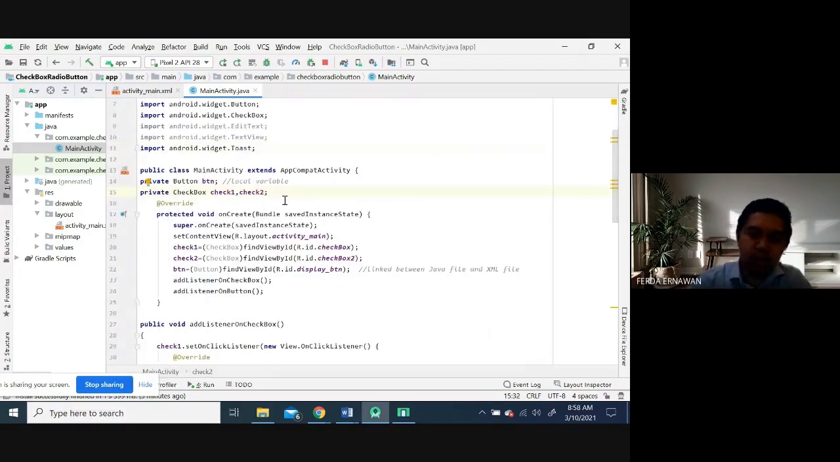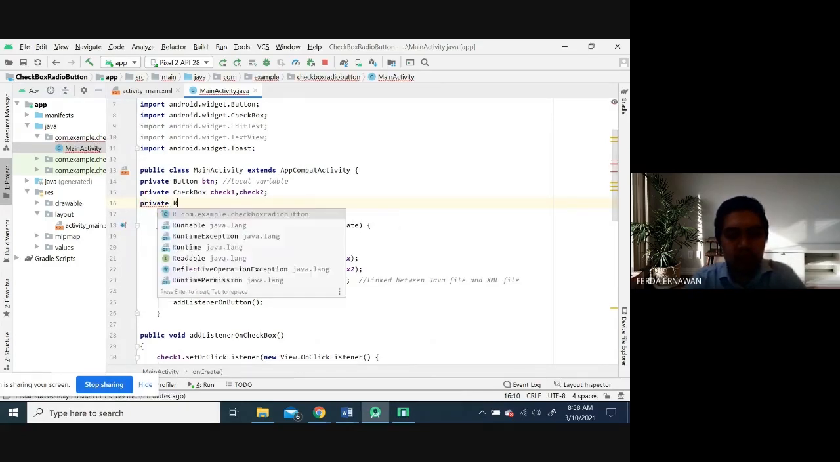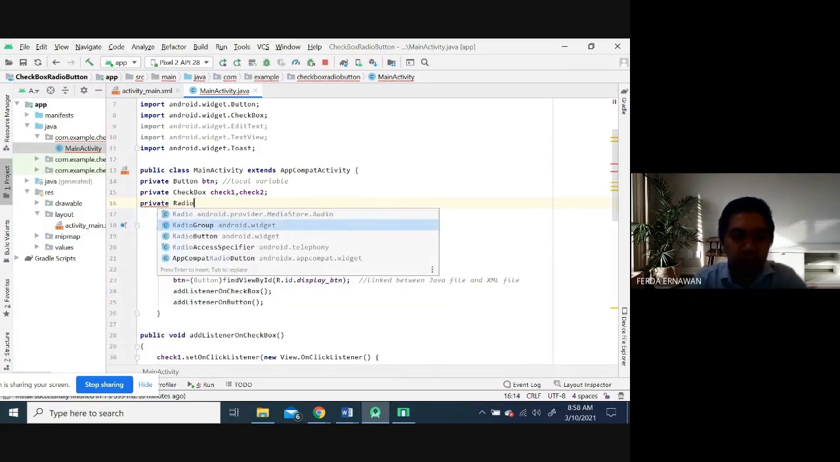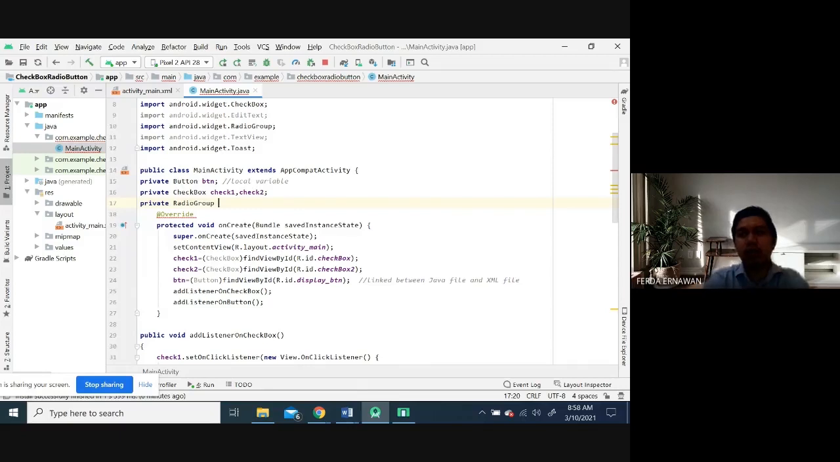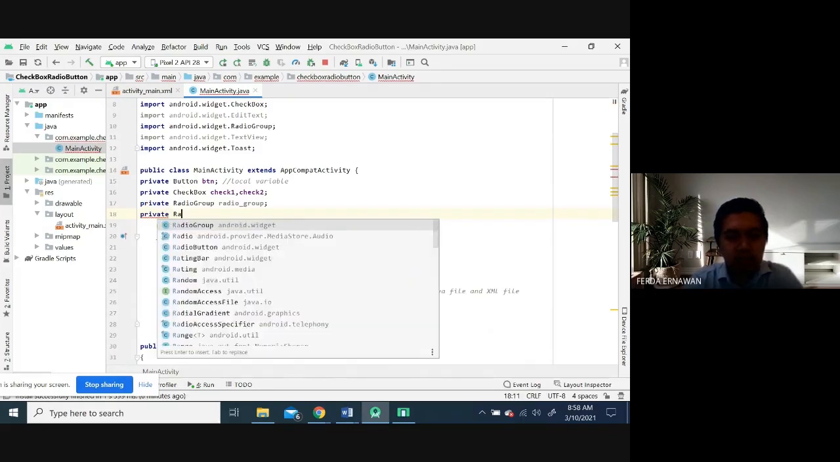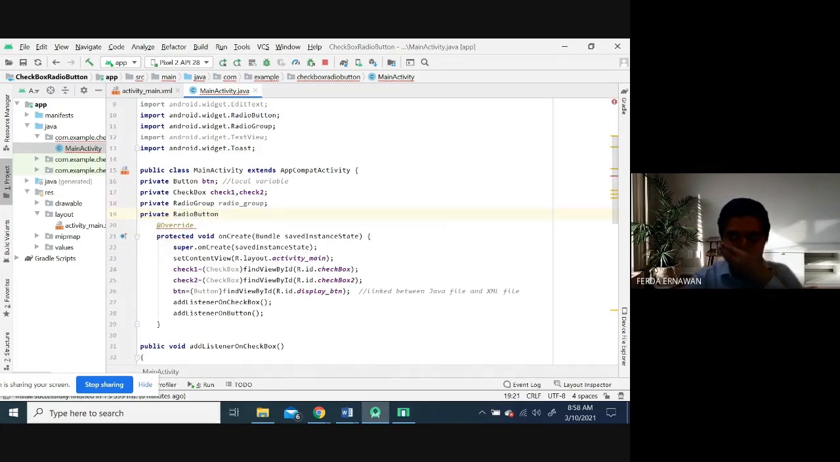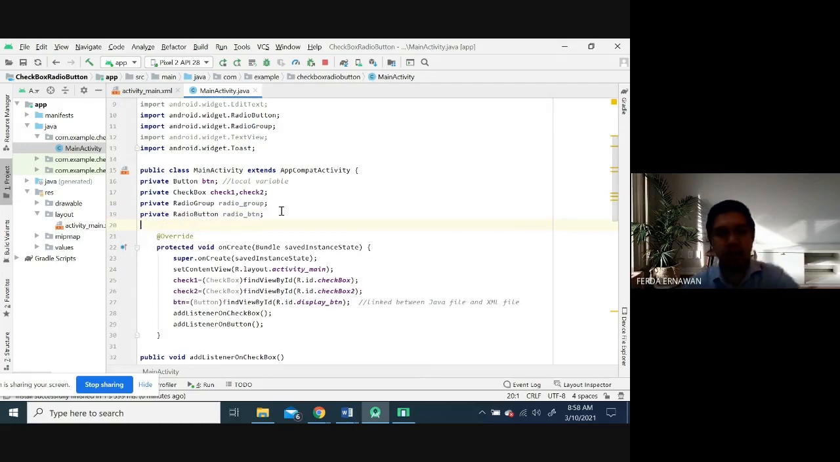Okay. Remember, number 1, you need to declare the radio button. Okay. Private radio group first. Okay. Radio group here you can add radio. This is your variable, yeah. And private radio button. Radio button. Okay, and then